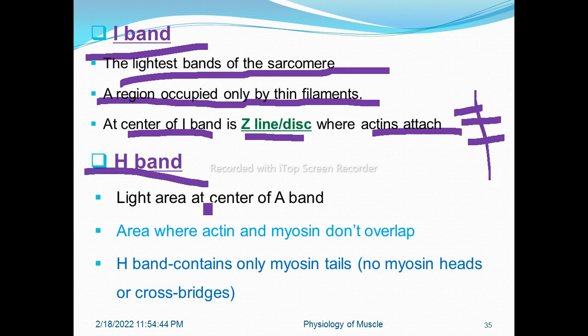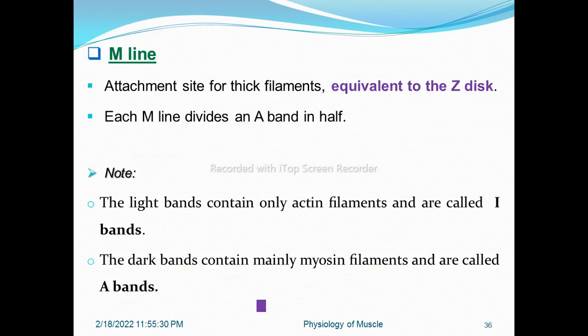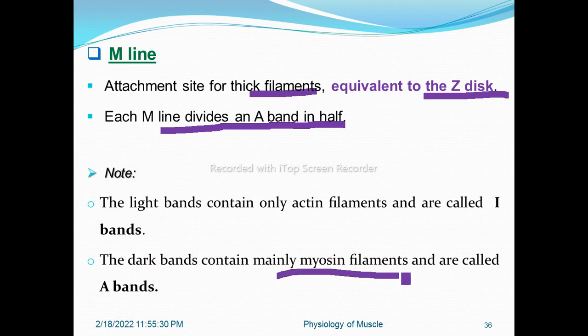H zone is the light area at the center of A band, which contains only thick filaments. It is the area where actin and myosin don't overlap. So H band contains only myosin tails, no myosin heads or cross bridges. The other is M line, the attachment site for thick filament, equivalent to Z disc. Each M line divides A band in half, or H zone in half. Note light bands contain only actin filaments and are called I bands, and dark bands contain mainly myosin filaments